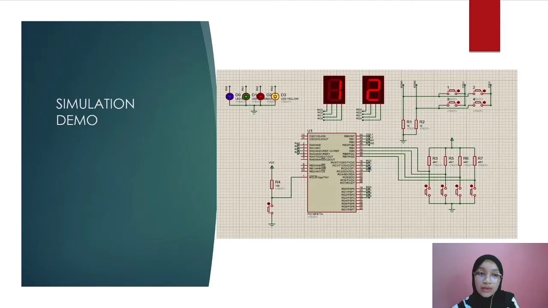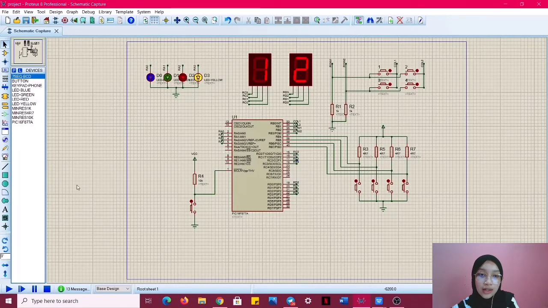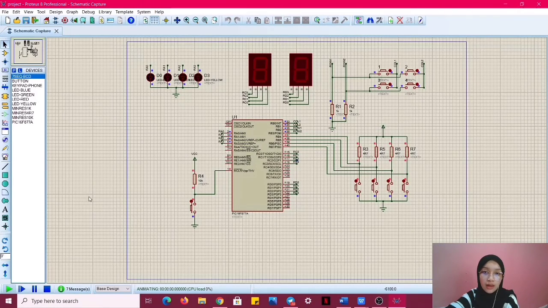So I'm going to continue and show you guys the simulation demo. So this is the circuit. So when we play the simulation,